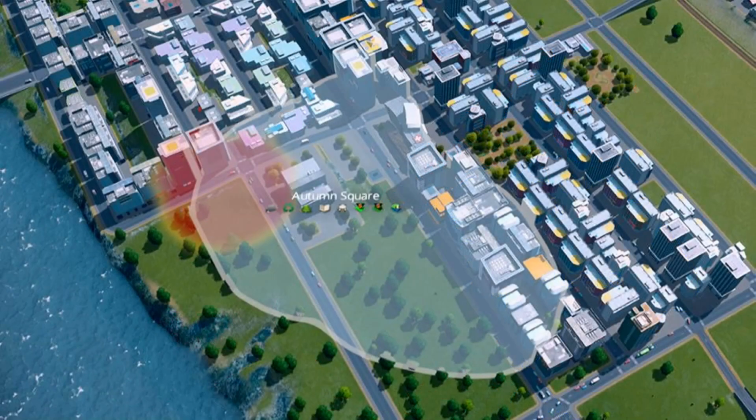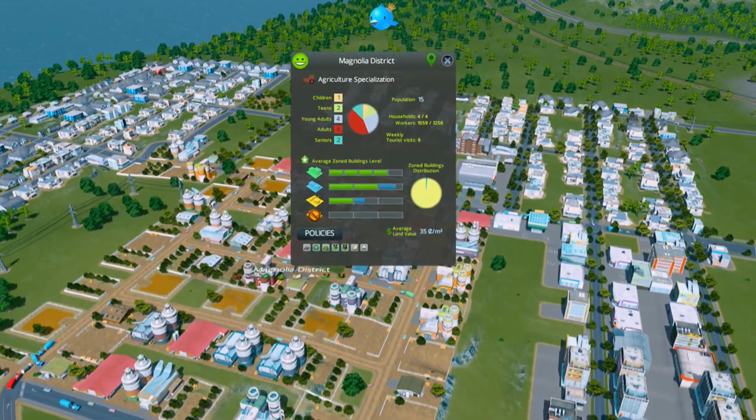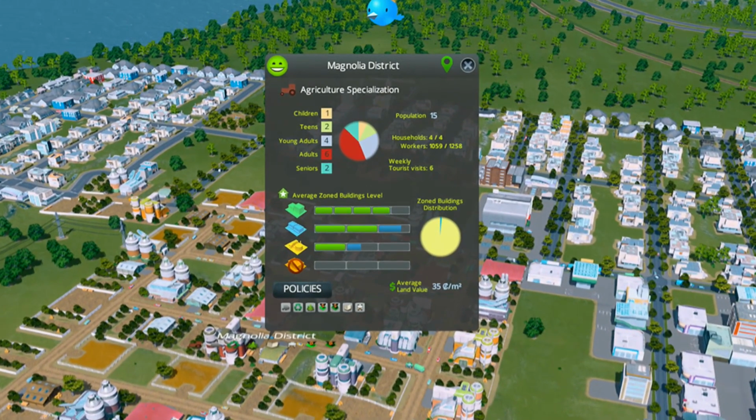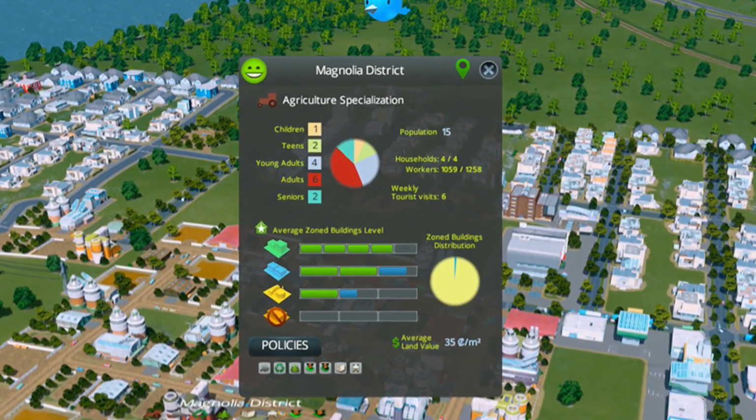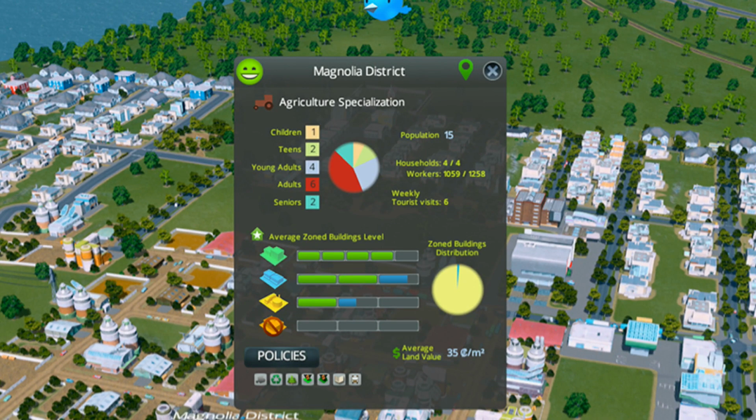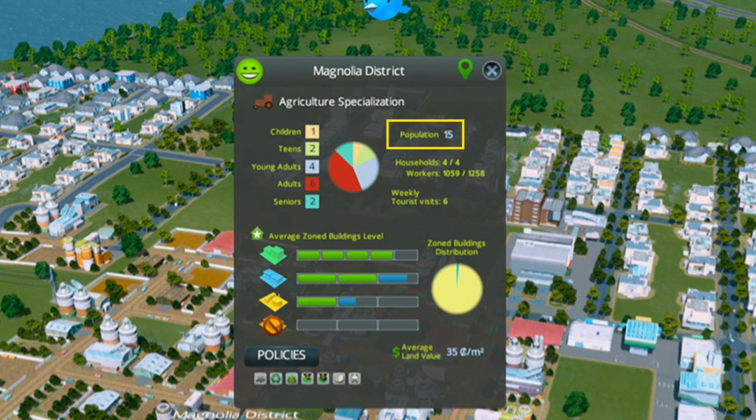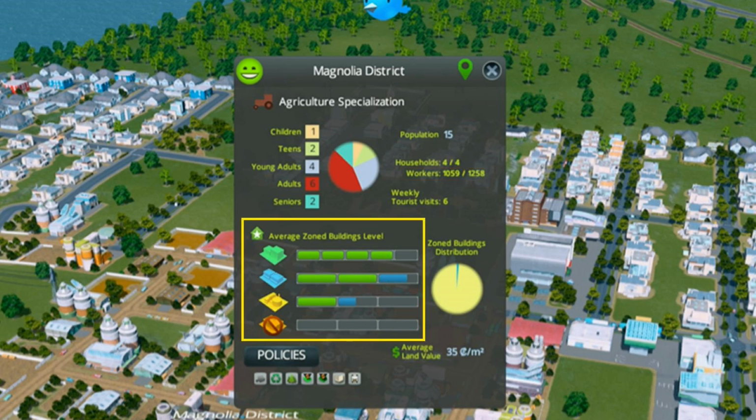Once you've defined a district, the game automatically assigns it a name, but you can change that name whenever you like. And you'll now have access to the statistics panel, which gives you all kinds of useful information. Now, I'm a bit of a stats freak, so this is exactly the kind of thing I want in a city builder. As well as a total population number, we get a complete demographic breakdown of the population by age group. And not only the current numbers of households and workers, but also the maximum capacities. I like that. We also get the average level of zoned buildings for residential, commercial, industrial and offices, along with